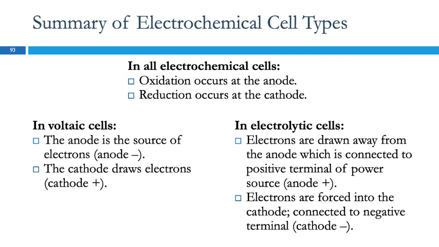So what's common to all electrochemical cells is oxidation happens at the anode, reduction occurs at the cathode. So, red cat. In a voltaic cell, the anode is the source of the electrons, so the anode is going to be negative, which makes sense to me because anions are negative. The cathode draws the electrons. The cathode is positive because cats are positive,